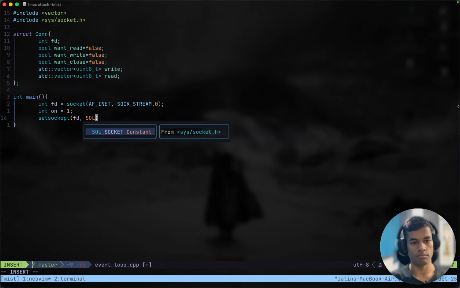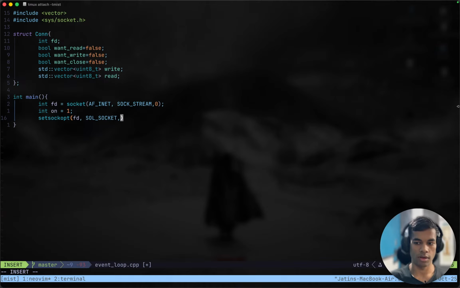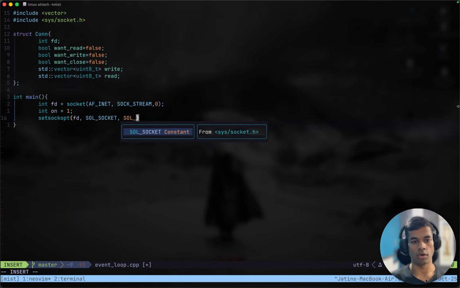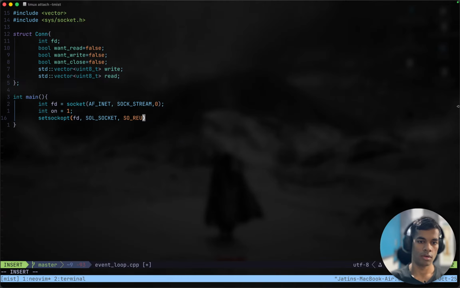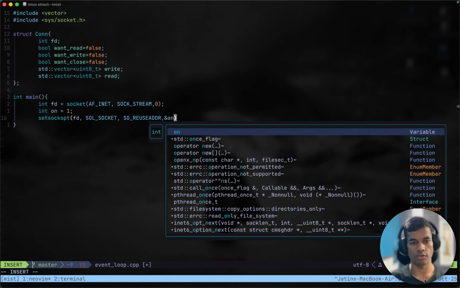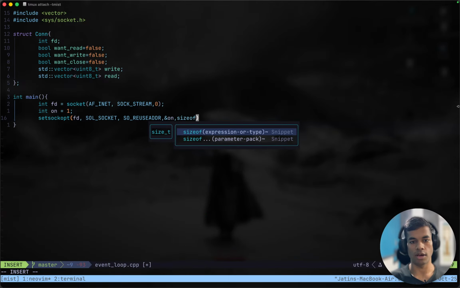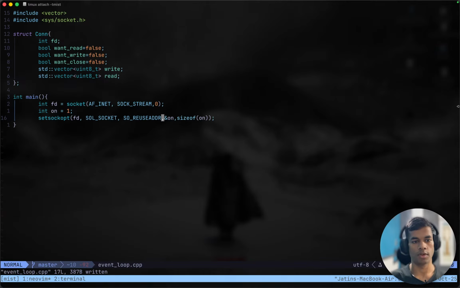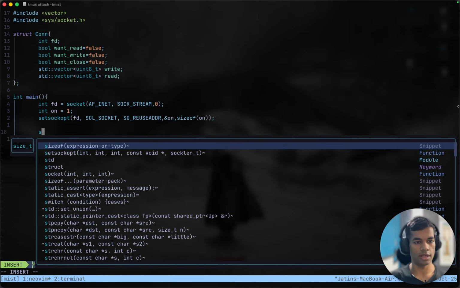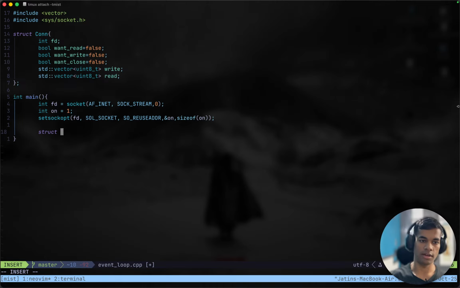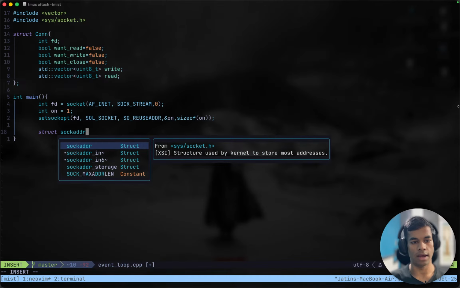We want to set an option on the socket layer, and the option is going to be SO_REUSEADDR, and the value is going to be the address of this thing and the size of int. Cool. Now we have set the option. Now we need to put in the address and bind the address to the socket, for which the struct, yes, it's struct sockaddr_in